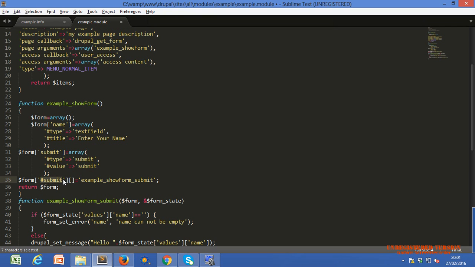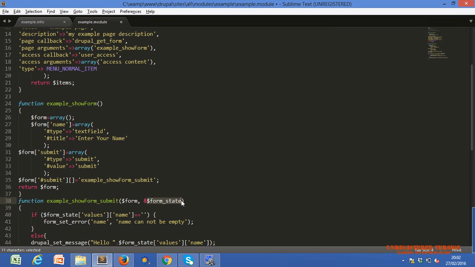Whenever we submit our form, this is the hash submit, type submit. Whenever we submit our form, this function will be called, just a function call, nothing else. This function will call what is within it. We have used our form data also, and whatever the data is after submitting the form, within our input elements.